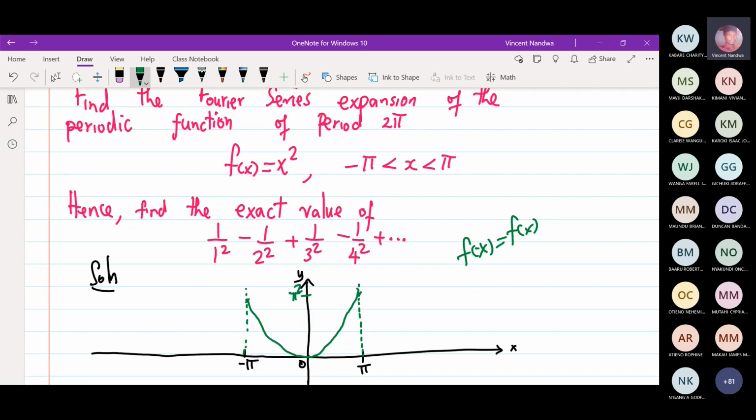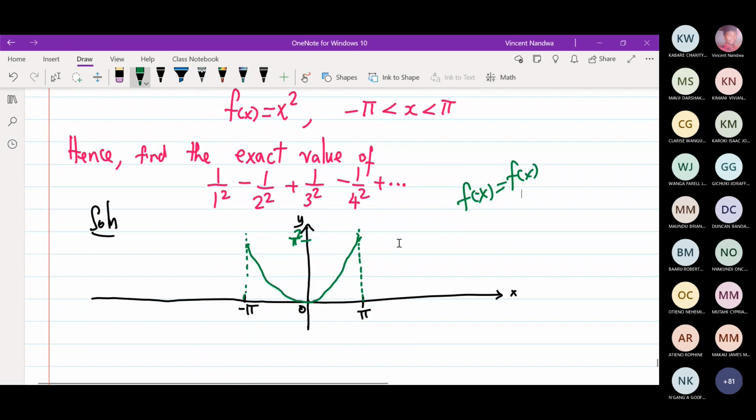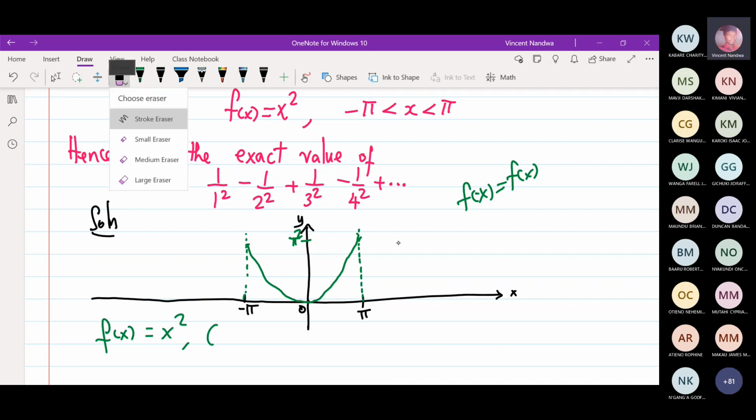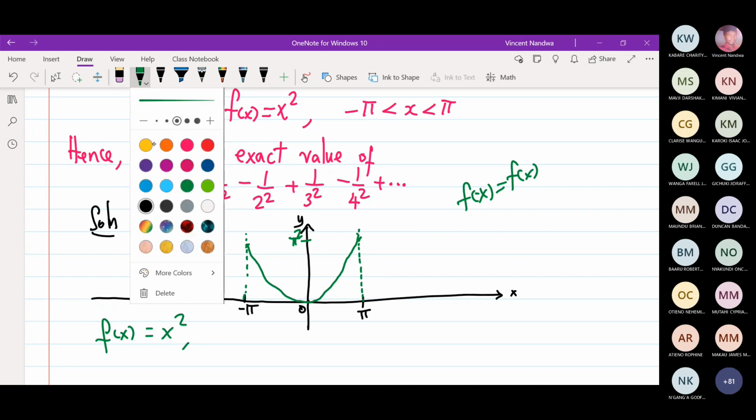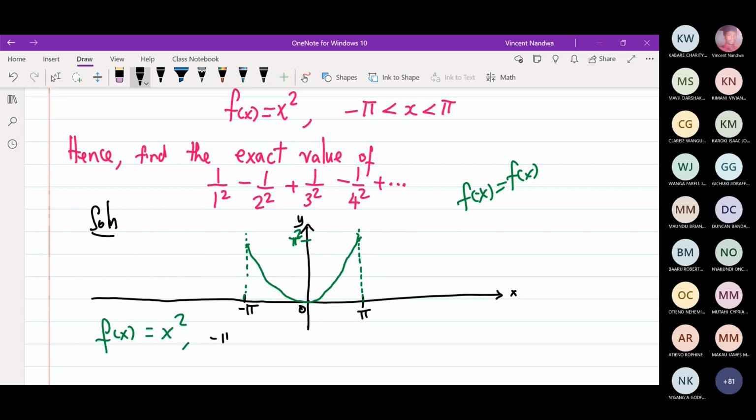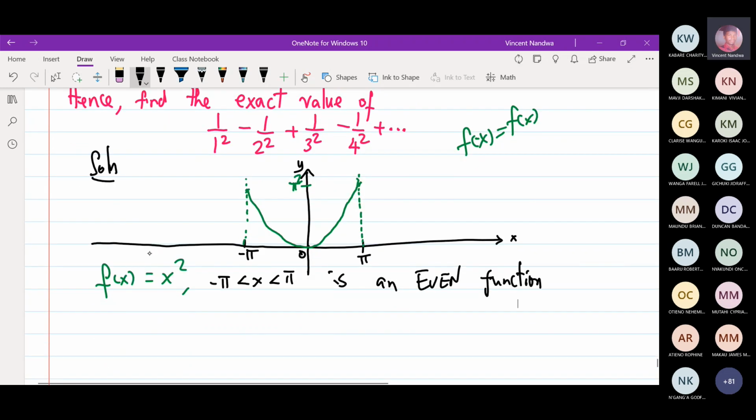So this function is an even function. So f of x equals x squared in the interval minus pi to pi is even. So which means the Fourier series